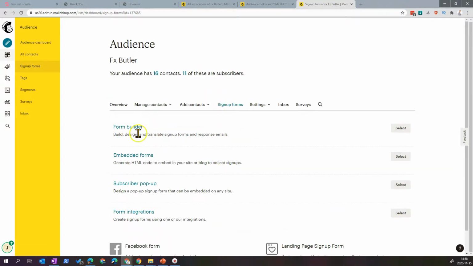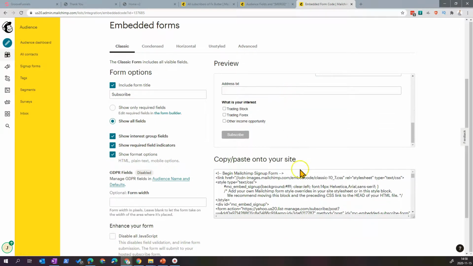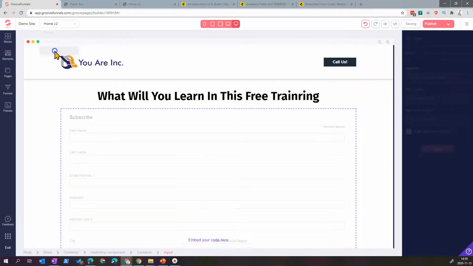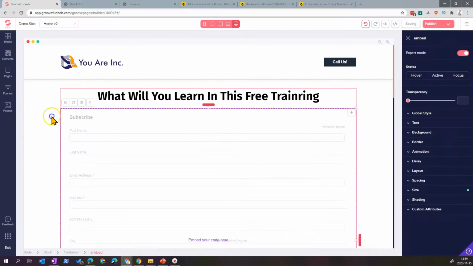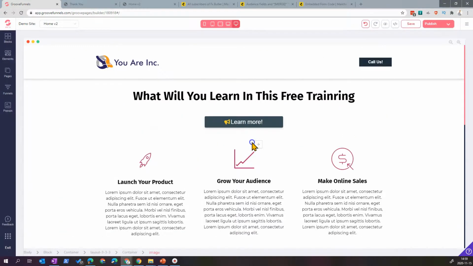When you come in sign up form, you have form builder, embedded form. If you use embedded form, you see here a preview of the form. What you can do is copy the code that is here and go back into GrooveFunnel. I will take the second page that I use, and I will show you how to integrate the embedded form into GrooveFunnel.